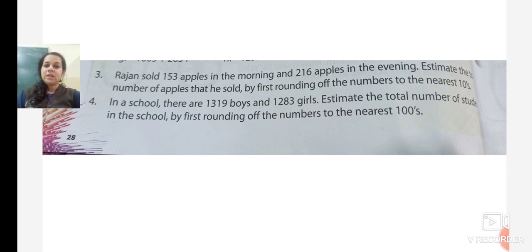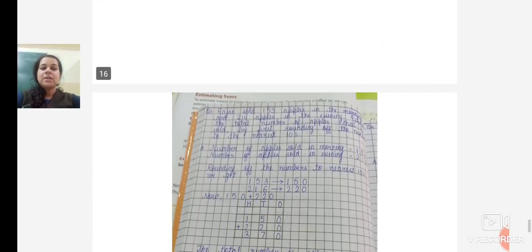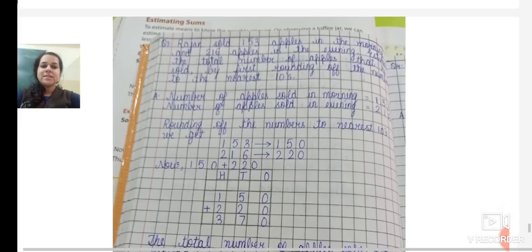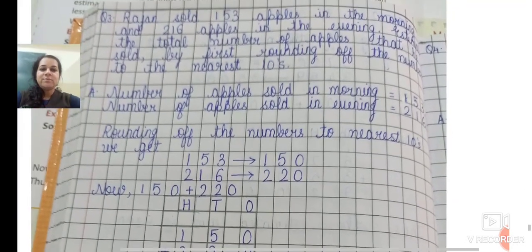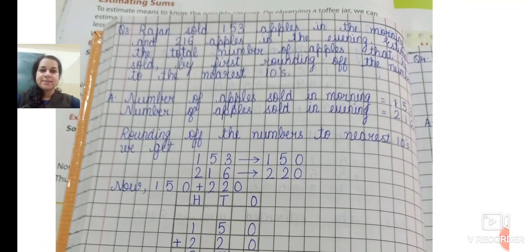Now we will be solving the sum. So I want you all to open your CW. First, copy the question in the CW. This is the way how you are going to copy the sum in the CW and then we will be solving the sum. You can read in the notebook also.